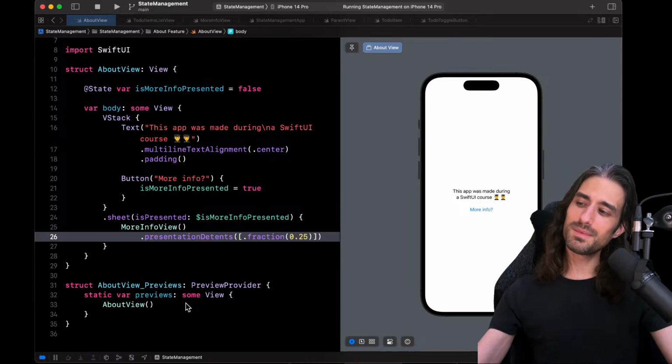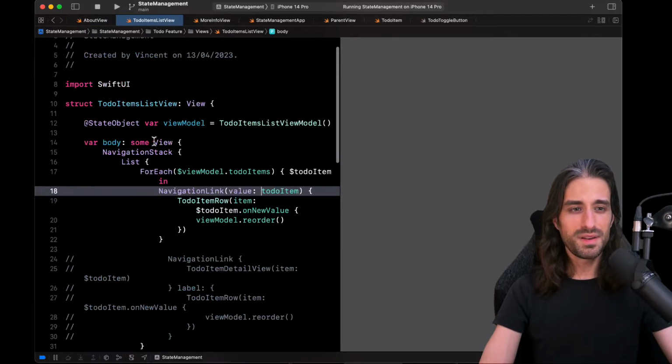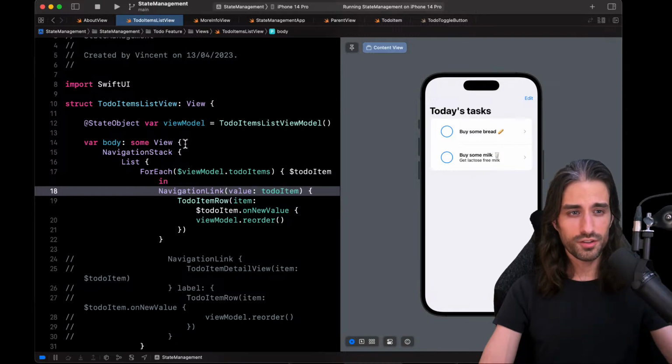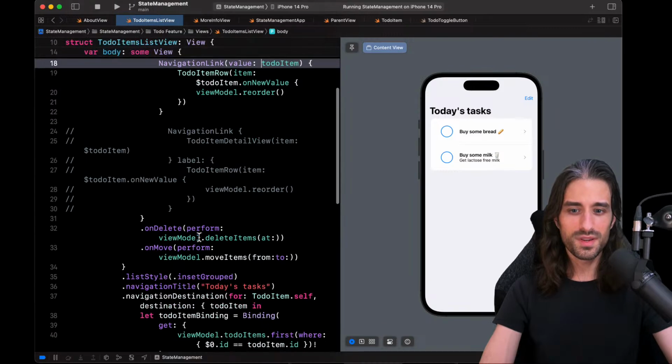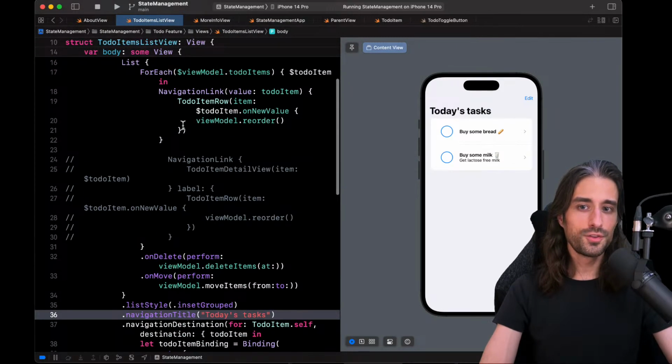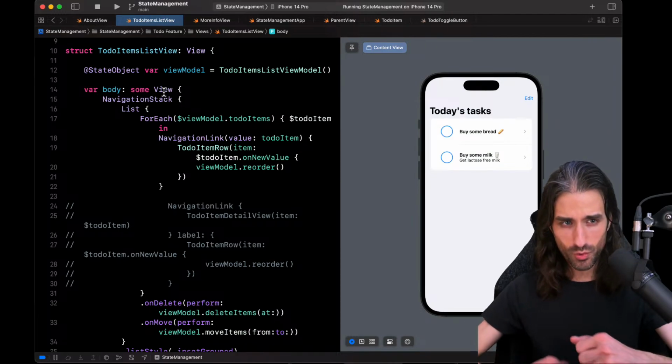Next time, I'm looking at my script, we will see advanced data flow. So we will see how the environment works, and we'll see how preference keys work. The environment, we saw it, is the way to have an implicit parent towards child data flow, and preference key is the way to have an implicit child towards parent data flow. We actually used preference keys without knowing it. We use them, for instance, when we set a navigation title on the child view, and it was somehow consumed by the parent view. So we'll see how to use that in this next chapter,